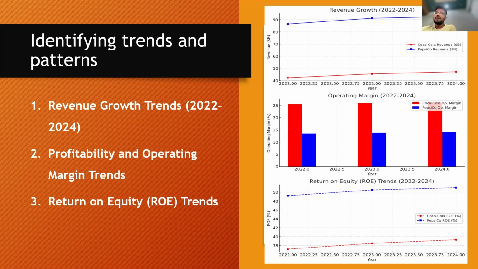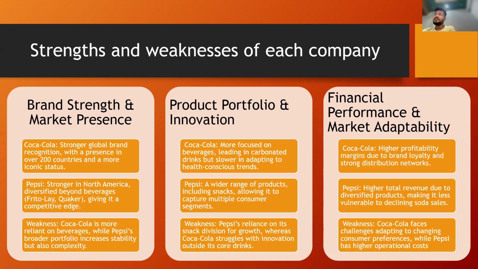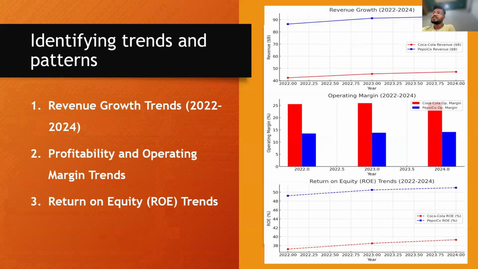Fourth, key patterns and market adoption. Coca-Cola investing in sugar-free and non-carbonated beverages to adapt to changing consumer preferences, strengthening partnership with fast food chains to sustain sales, and PepsiCo increasing focus on health-conscious snacks and affordability-based product expansions, higher investment in product R&D, leading to lower free cash flow but potential long-term growth.